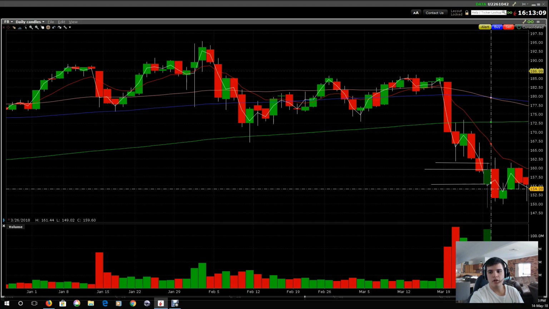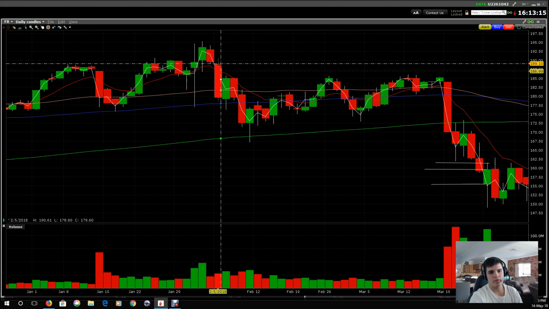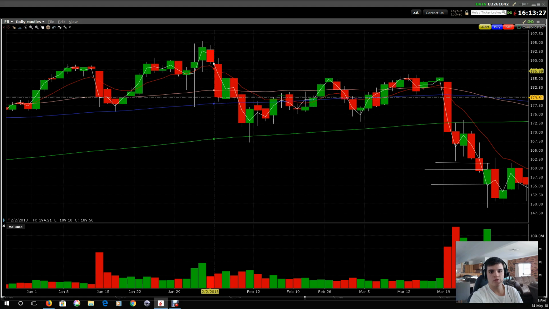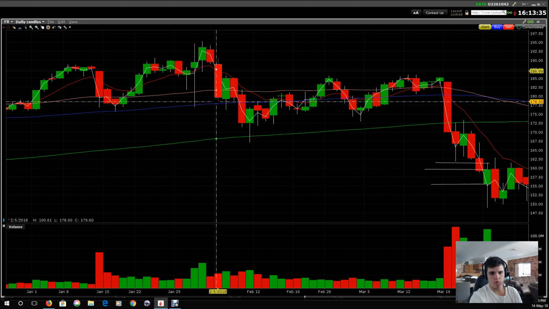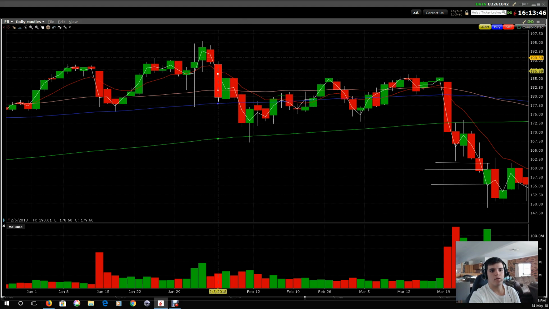So instead of the bottom of the rectangle being what the stock price opened at on the day, it's the top of the red rectangle. The price that this stock opened at on the day was $188.86. That's what it opened at, and then it closed at the bottom of the red rectangle, which is $179.70-ish. The lowest the stock got, follow the little white line, which is the bottom there, was $178.42, and the highest the stock went on that day was this white line here that you can see, which is